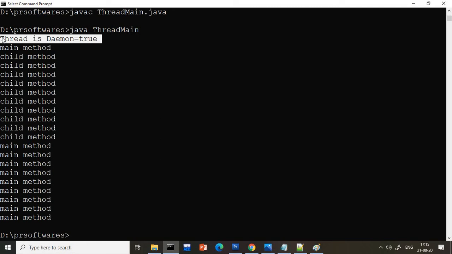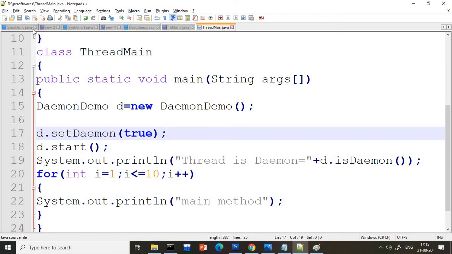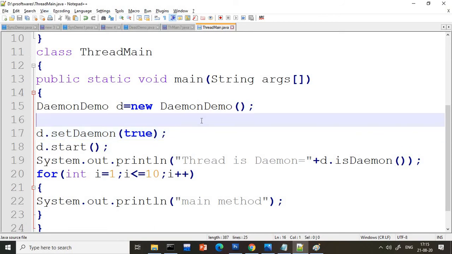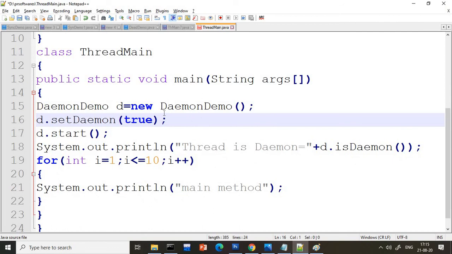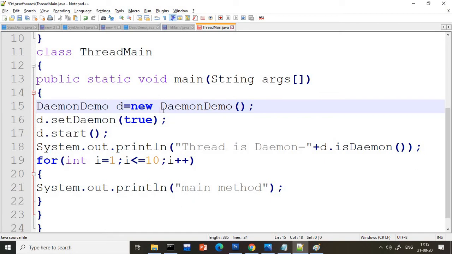Mark my statement: the main thread is non-daemon and the D thread is daemon. So the D thread will work until main is working. Once the main work is completed, automatically the child thread will be deleted. In the previous example, for sure you were getting the child thread output, but now it is not necessary. As soon as the main work is completed, the program will automatically stop.